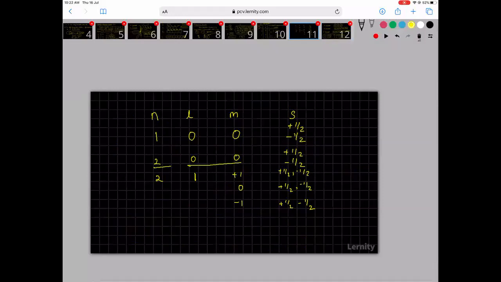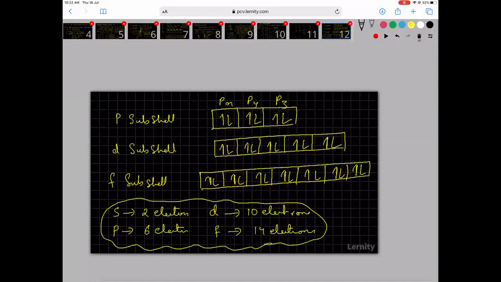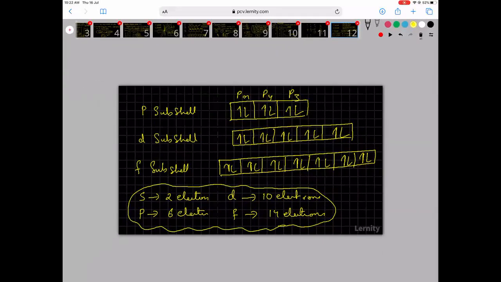2s. This is 2p. In p there are 3 compartments. In each compartment there are 2. Oh, this is p only. So there are 2, p only, there are 2. Now please write 3s, then 3p, then 3d. Then please write these and fill up those things first. Then I have shown you the same thing by drawing a diagram, how in each compartment there can be a maximum of 2 electrons.